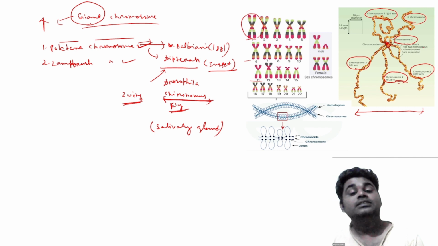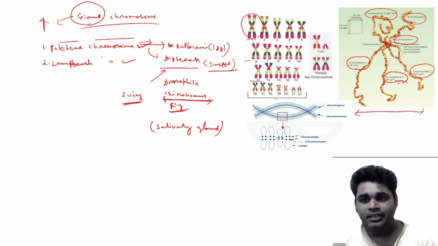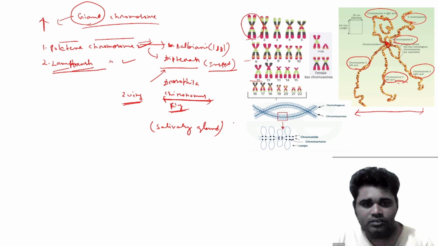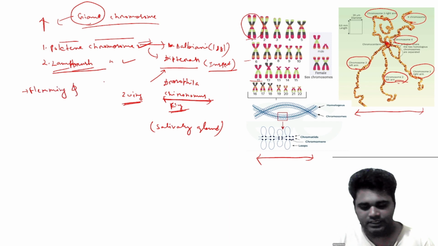वो कहाँ पर दिखता है? सालिवरी ग्लैंड ऑफ डायप्टेरियन इंसेक्ट, जो सालिवरी ग्लैंड है वहाँ पर वो पॉलीटीन क्रोमोजोम दिखता है। एक हो गया पॉलीटीन क्रोमोजोम, और एक, इसको हम बोलेंगे लैम्ब्रस क्रोमोजोम। एक हो गया लैम्प, एक हो गया ब्रश। मतलब क्या हो गया? लैम्प का जो ब्रश जैसा होता है वैसे ही वो दिखता है। तो इस स्ट्रक्चर को हम बोलेंगे लैम्ब्रस क्रोमोजोम। इसको कौन डिस्कवर किए थे? फ्लेमिंग और कौन किए थे? रॉकेट